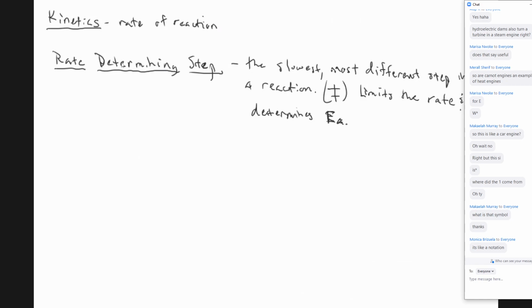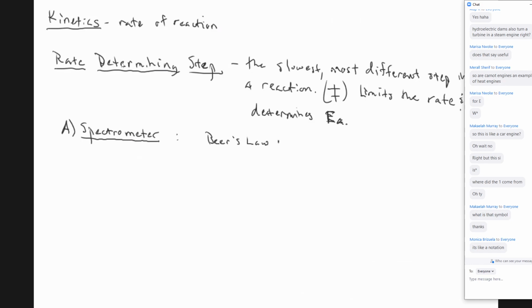Apologies, trying to get through a lot. I'm literally going over 2 lectures in like 2 hours. So the first thing is we have to figure out how do we determine this rate determining step. And the main way to do it is by using spectrophotometry, a spectrometer. And the way we do it is by using Beer-Lambert law,